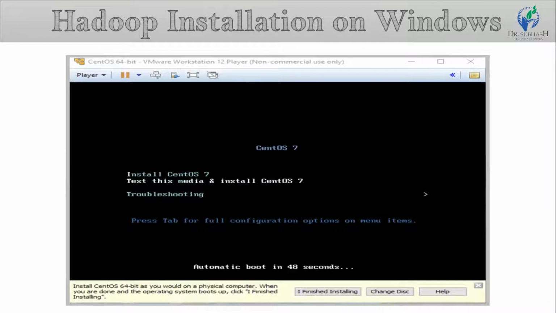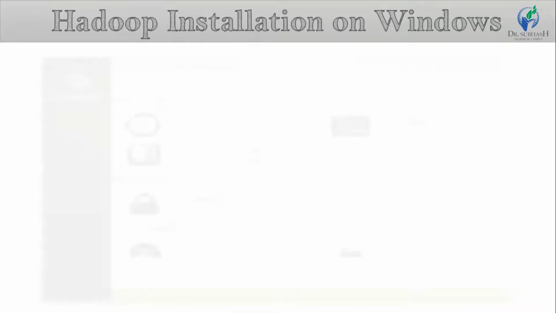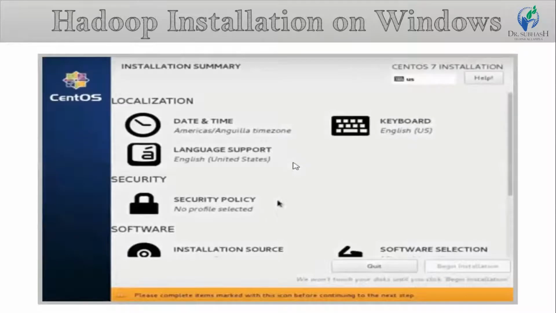At the moment, your system is being checked and getting ready for installation. Once the checking percentage reaches 100%, you will be taken to a screen like this image. So this is about step number 3.